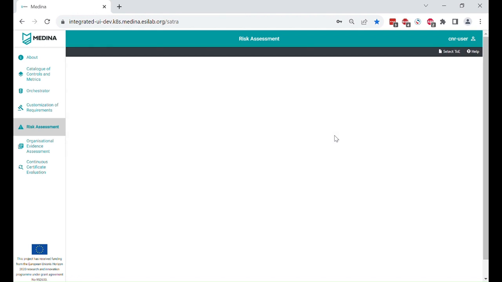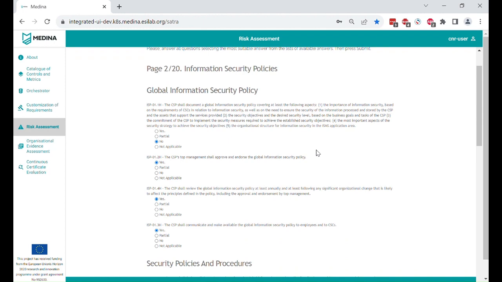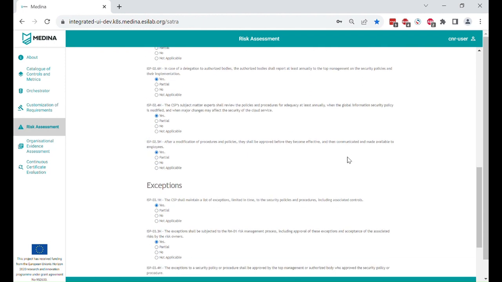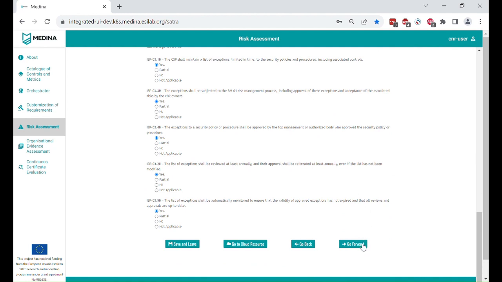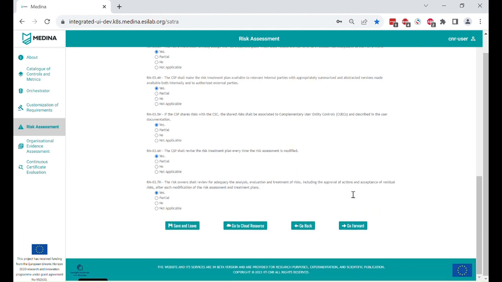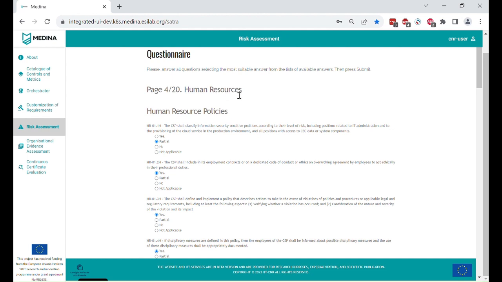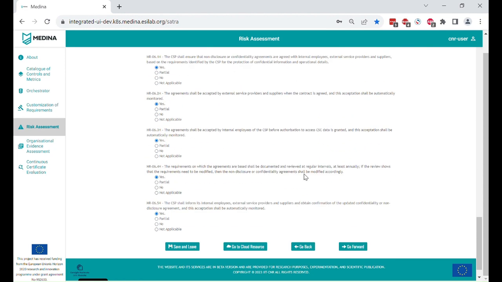The user should go page by page, answering for all requirements. So we can see that we have 20 pages of requirements. Information about all EUCS requirements has to be provided. We are not going to do this in this video, but you can see that one page is dedicated per main category. At the very end,